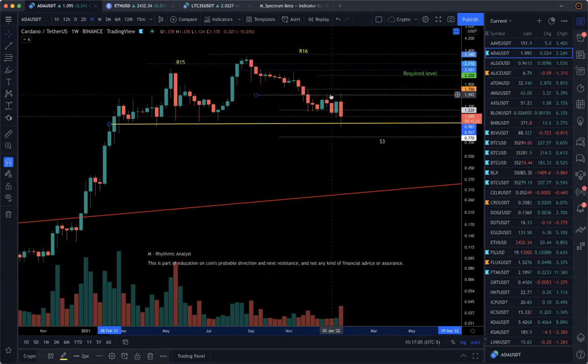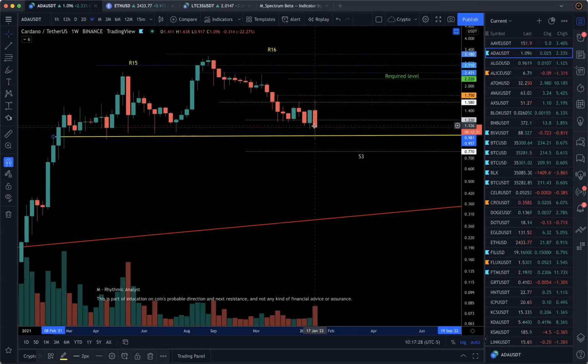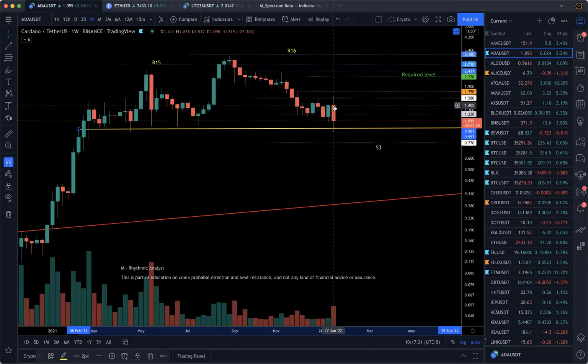And of course it was trying hard, two major attempts on a weekly level to break above the S1, but failed, right? So basically it's going down week over week, and this particular week was the worst week for ADA, the biggest, and also very volatile. But now it is getting more energized, but not in a good way. This was first three drops, then consolidation, but melting, and then a major drop, again consolidation, and now